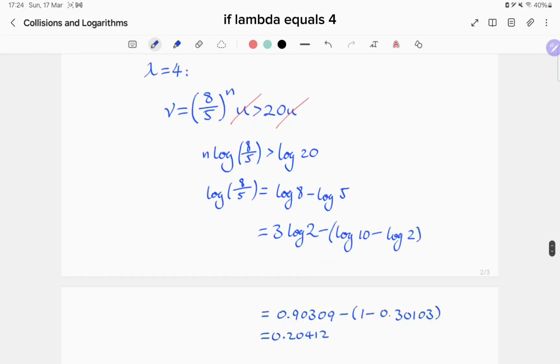If lambda equals 4, then we have v equals 8 over 5 all to the n multiplied by u must be greater than 20u. This gives us n log 8 over 5 must be greater than log 20. Log 8 over 5 equals log 8 minus log 5 equals 3 log 2 minus log 10 minus log 2, all in brackets. This is equivalent to